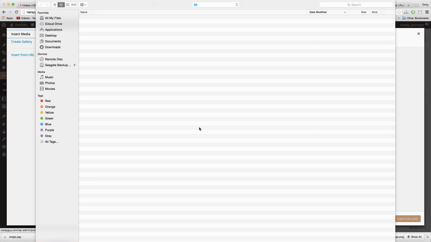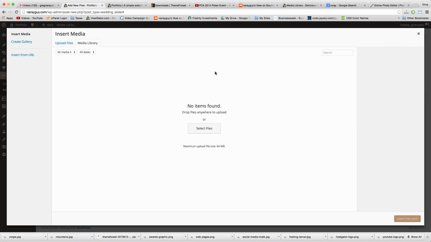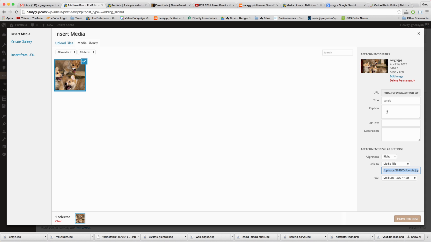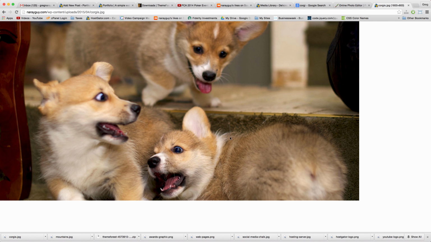Now we need to select files. And I'll choose the corgis. Once the image uploads, you'll get some basic image details on the right, like the size in terms of memory space, the date uploaded, and the title, which goes here. The URL is just a link to the image, so we could put that link in a blog post or